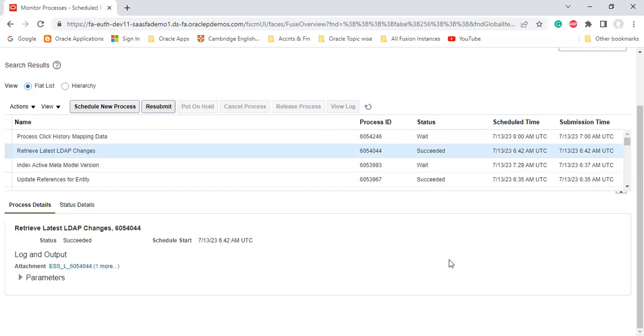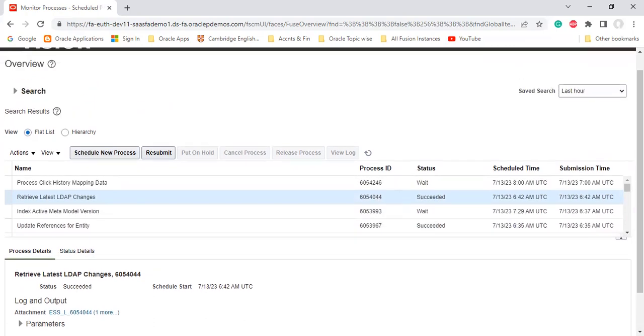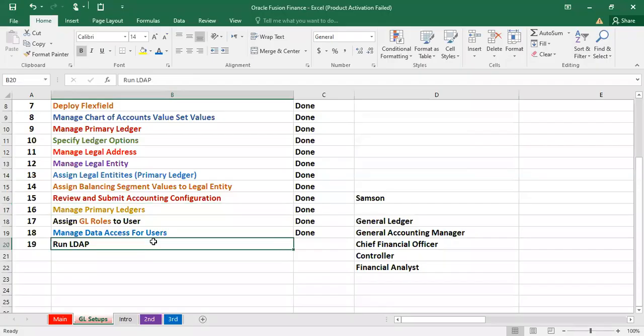As we can see, the request we have run, that is Retrieve Latest LDAP Changes, has been completed, and you can see the status has succeeded. Once this is done, what we have to do is that after running this request,